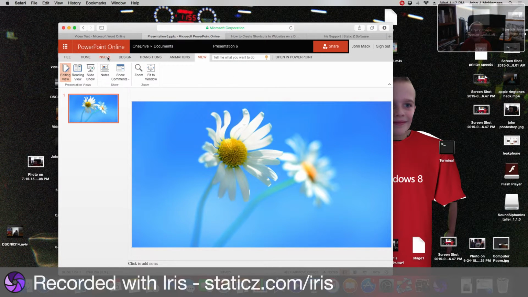Oh, and one neat thing about this PowerPoint Online setup is you can insert an online video from YouTube. So if you want to make a Mac simulator, which I'm not going to do on this video, I'd insert a video of the Mac boot up or something. That would be kind of sketchy, I don't know. But, anyway,